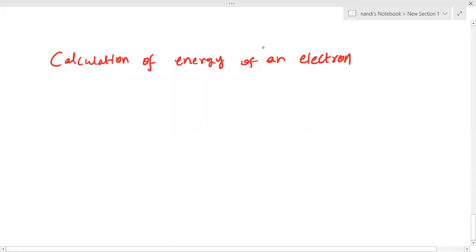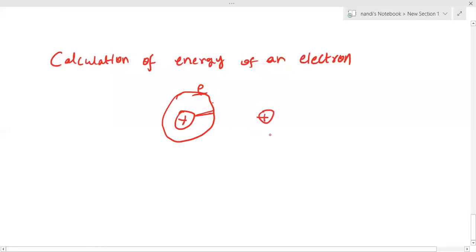So we have done the radius from the nucleus, that is, the distance of the radius of the orbit. Now I am going to calculate the orbit energy, which is equal to the electron energy, because the electron is revolving here. Whatever the energy of the orbit, it is equal to the energy of the electron. So now I am going to calculate the energy of the electron in the given orbit.